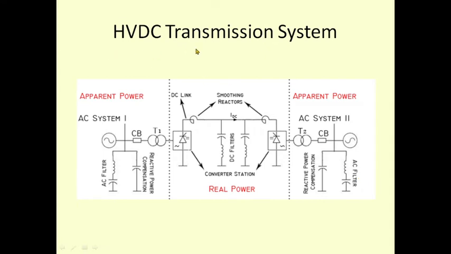So we are having HVDC transmission system, high voltage DC transmission system, in which we are having an AC system over here. Here we are having AC to DC conversion, and we transmit it through a DC network or DC transmission line and connect it through a DC to AC converter to another AC system. So this AC system can interact with this AC system through inverters, right. Now these inverters are very high power and high voltage inverters.